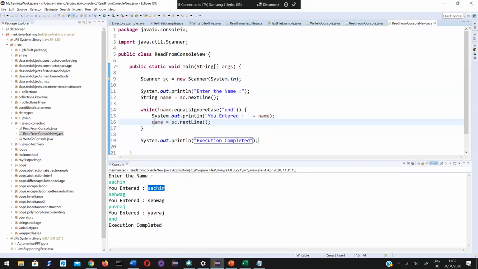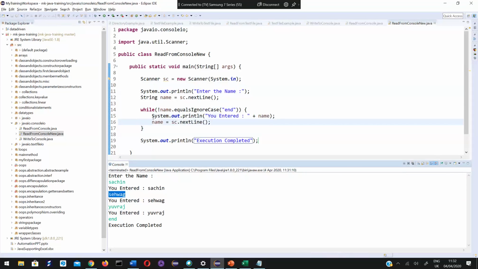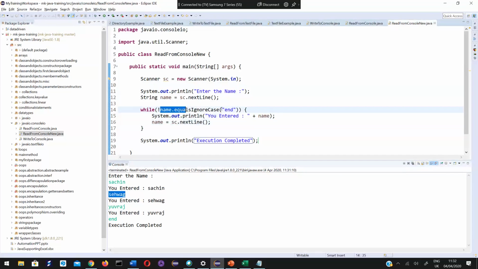Again, when this line gets executed, name equals sc.nextLine, it is waiting for another value from console. Then I entered Sehwag. Then it checks whether Sehwag is equal to end. No, it's not equal to end. Then it printed you entered Sehwag.